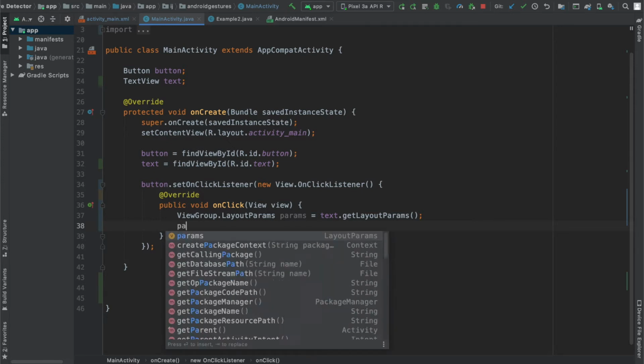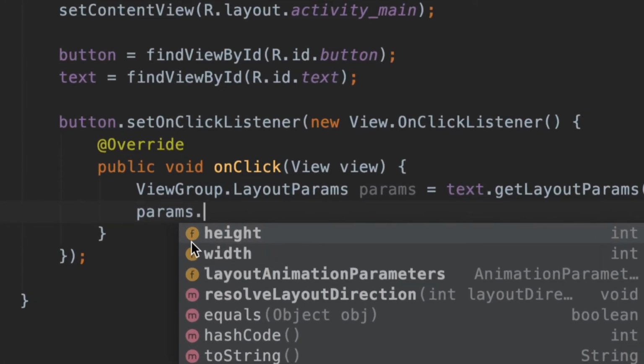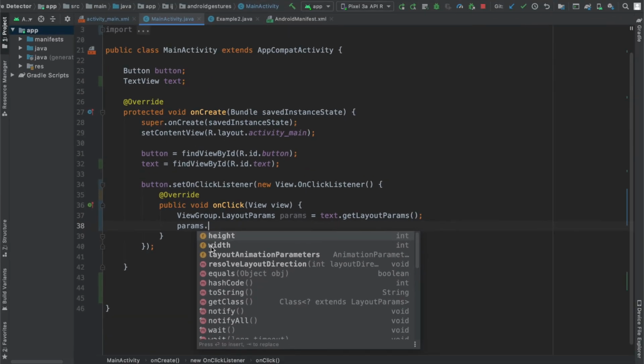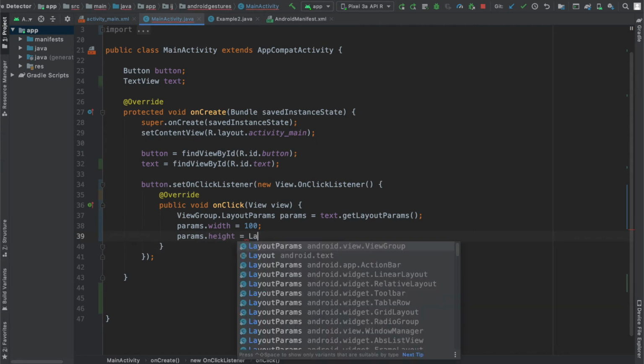So in order to do this, we're going to have to say params, and then if you use the dot operator, you should be able to see some of the things it has. The two most important things it has as fields are the height and width, and this will allow us to change the height and width of our text view. So I'm going to set params.width equal to 100. I'm also going to set params.height equal to